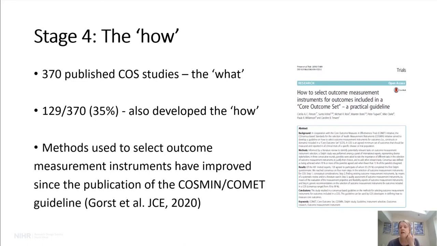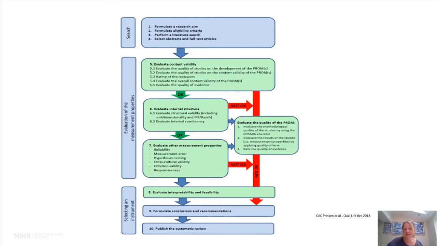As I said, there's a guideline developed by COSMIN in collaboration with COMET about the approach to choosing either an outcome measurement instrument or an outcome definition. I'm not going to go into that. It is complicated, and it does need people with sort of more